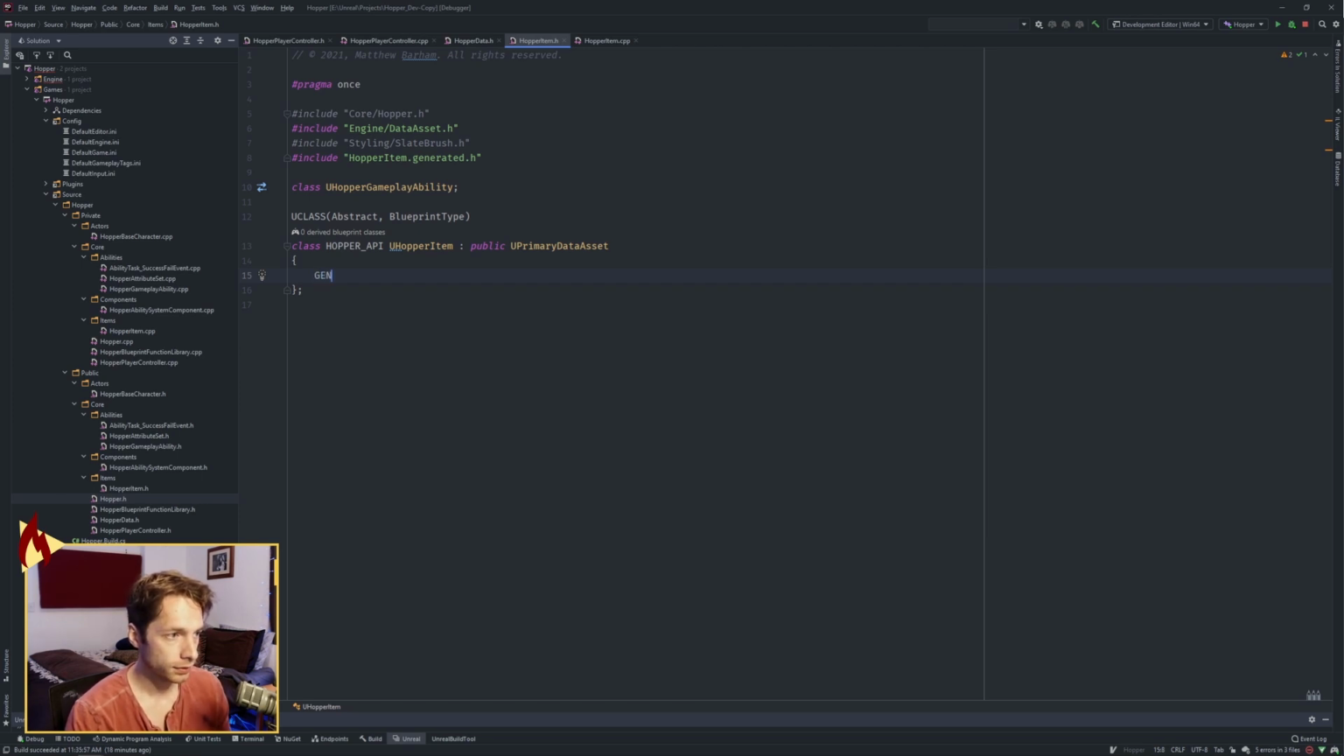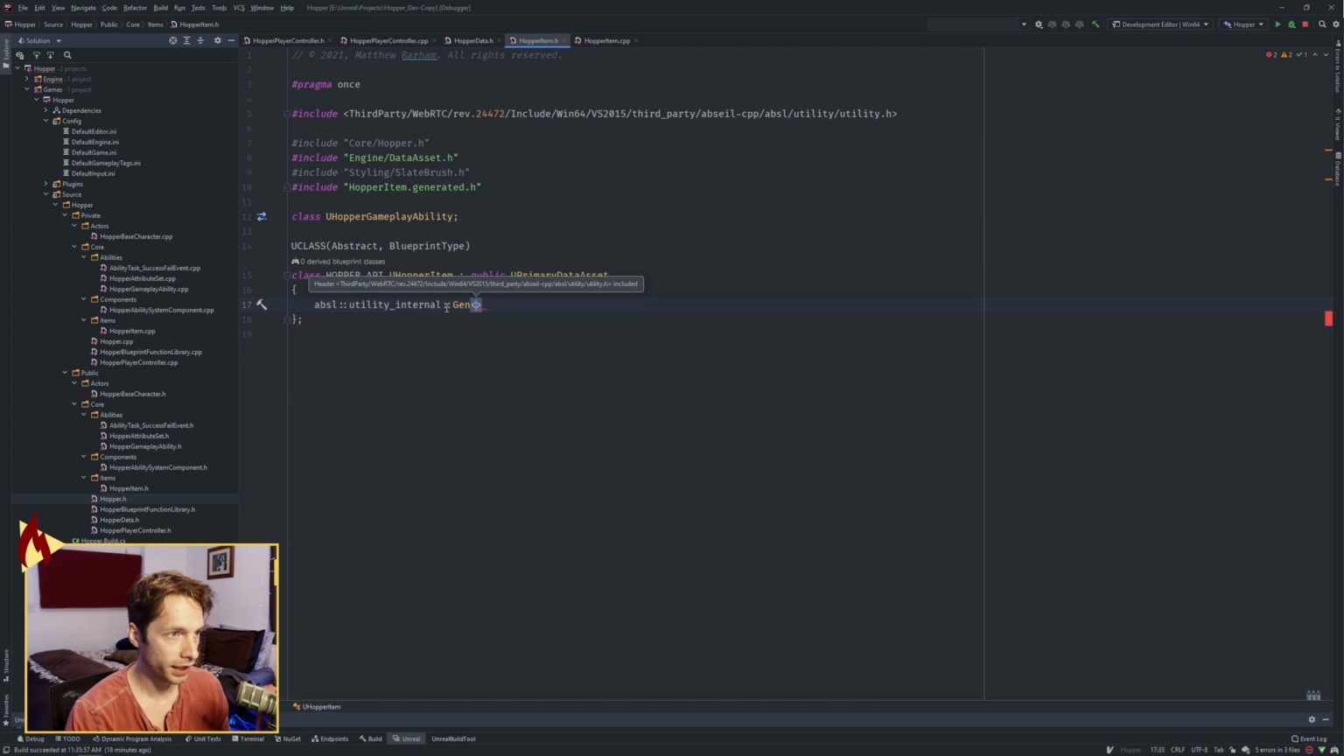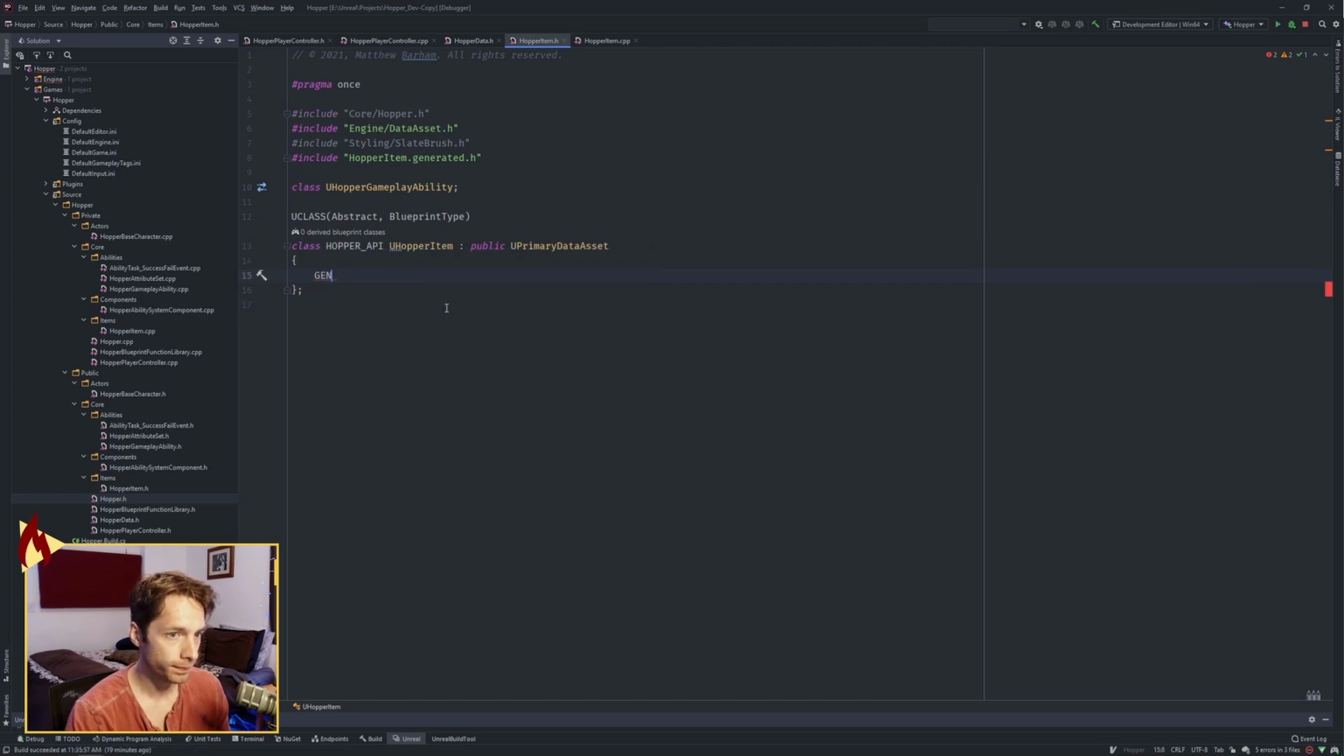Generated body. Whoa, what did I do? Nope, I don't want all of that crap. Get rid of it. Generated body, there we go. Public section, our constructor for a hopper item is going to have a price of 0 by default, a max